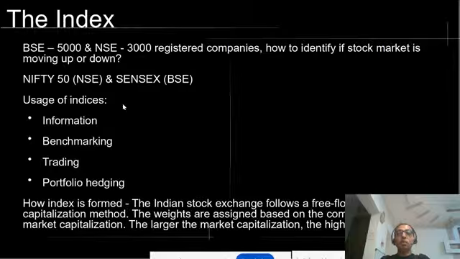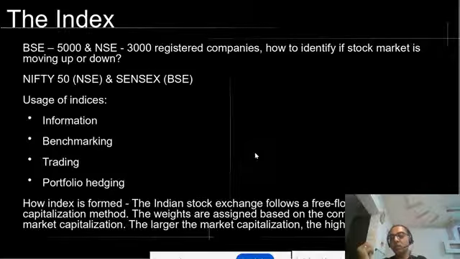The index constitutes the biggest 50 companies in the case of Nifty 50, right? And those are the top 50 companies from multiple sectors. It could be bank or oil and gas, and all of the different sectors. Top 50 companies are selected, and these companies are changed depending upon their performance or their market capitalization. That is many times called a free float market. The benefit of having an index is that it gives a pulse of how the markets or how the country is performing.